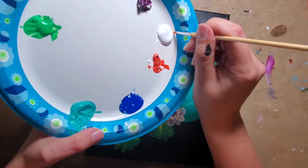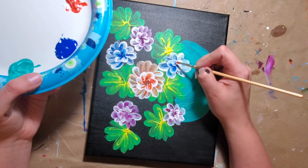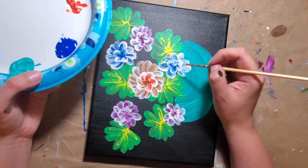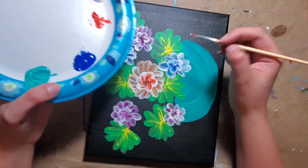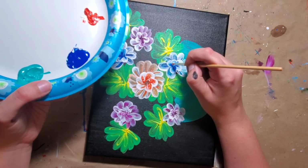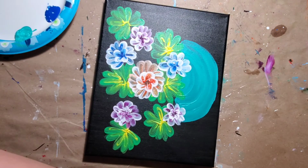I'm just going to add some white here because I already got a lot of blue. There we go. I'm going to add a little blue. You need blue. It's on the bottom here. There, do you see it? Okay. So now